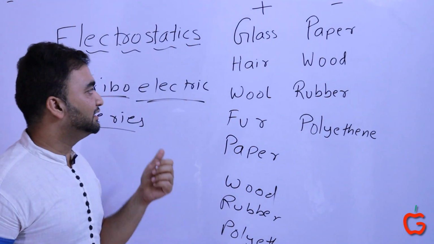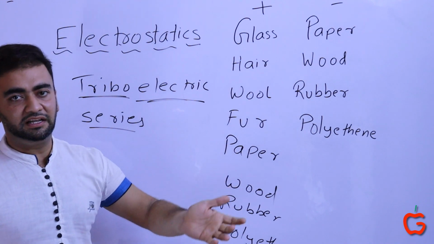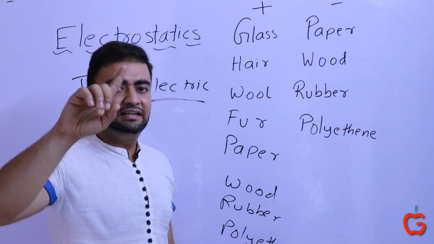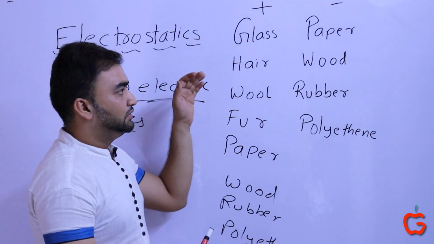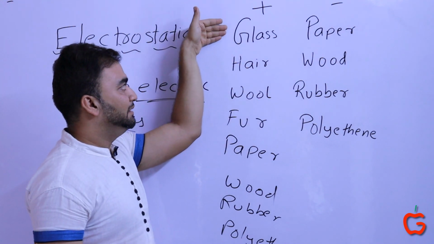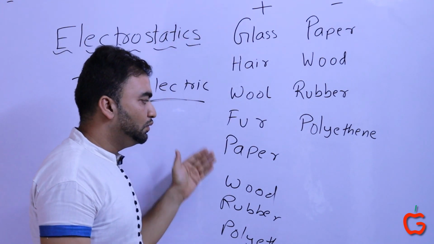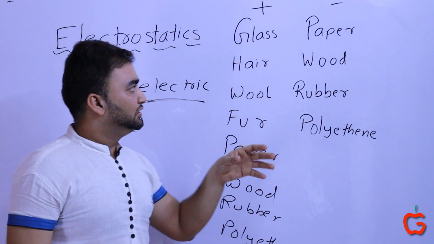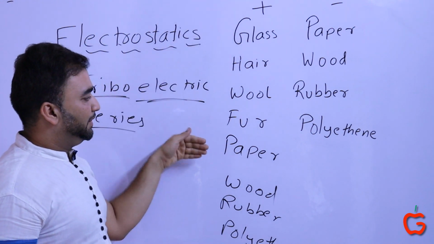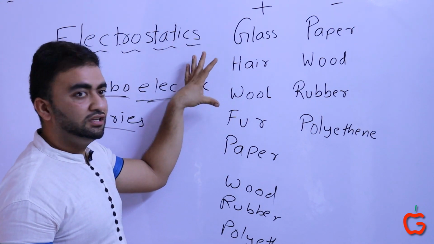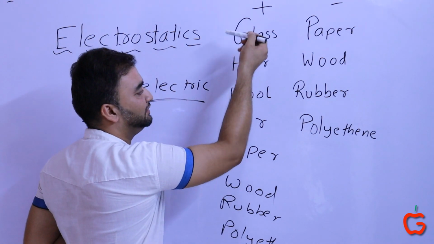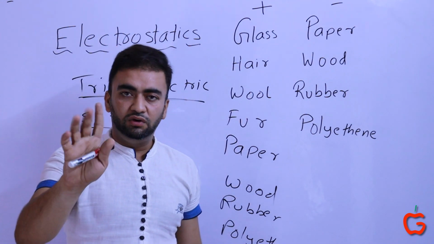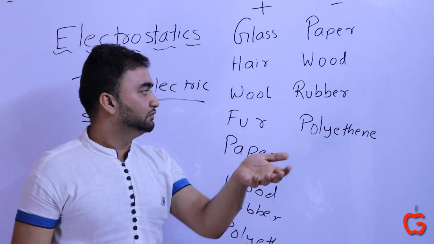Okay, so we are beginning with our first topic, triboelectric series interpretation. There are only two rules of interpreting this series. Rule number one, deciding what's positive and what's negative. Fairly simple rule. When elements higher in this series are rubbed with elements lower in this series, the higher elements become positively charged and the lower elements become negatively charged. So it's not only that if glass is rubbed with paper, then glass becomes positive and paper becomes negative. Even when glass is rubbed with wool, glass becomes positive and wool becomes negative. Okay, so rule number one, I think it's clear enough. I shouldn't go further into it.